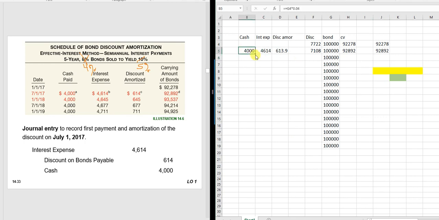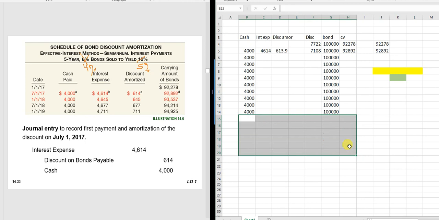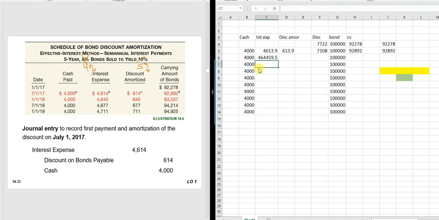Cash is always going to be the same, I think, for 10 periods. So 1, 2, 3, 4, 5, 6, 7, 8, 9, 10. Okay, so I can ditch these. My interest expense is always my carrying value times the market rate, which is 0.5. Okay, typed in the right number this time. So it's that times 5%,